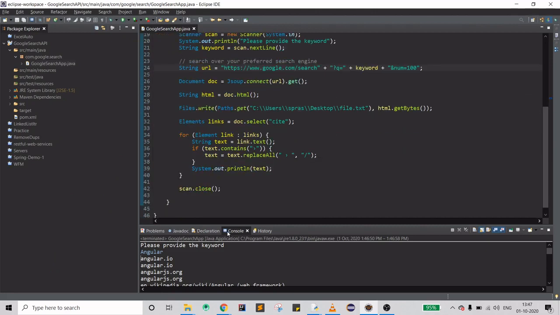Do let me know if you have any questions on it, but you might want to check which parameter you want, because you can also use start to navigate to each page, and then you can use num to have the exact count in your current page. So that's how you can achieve it.